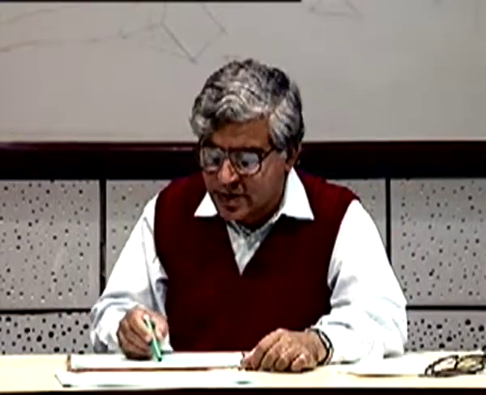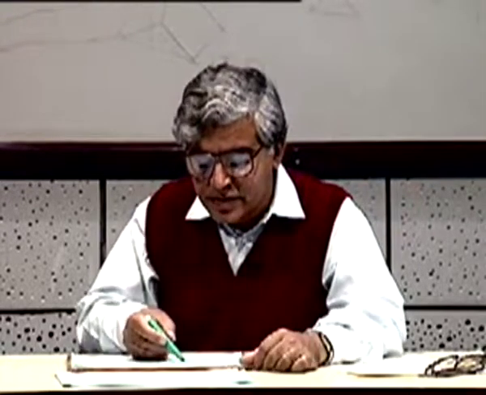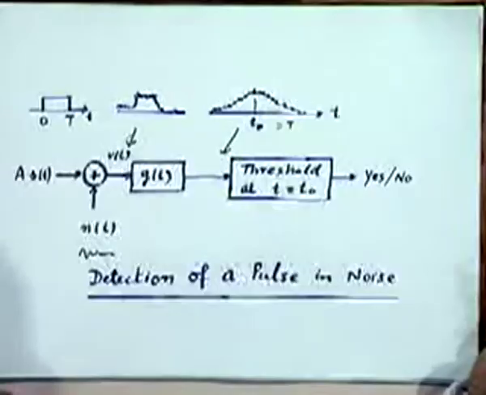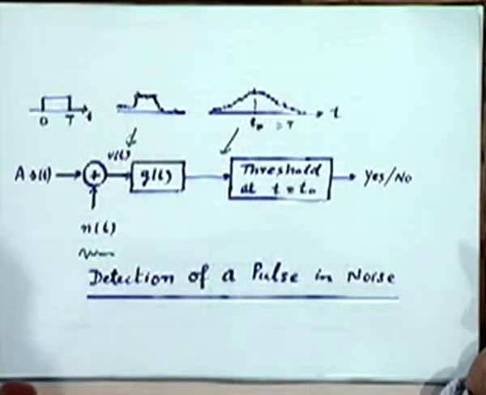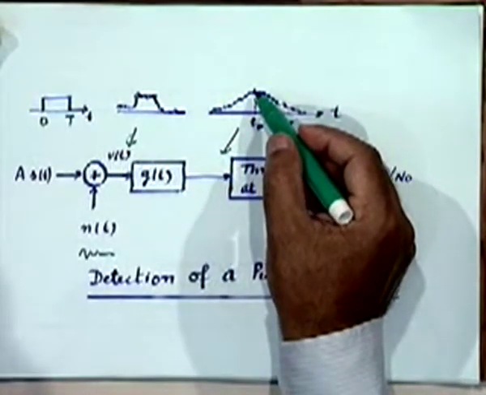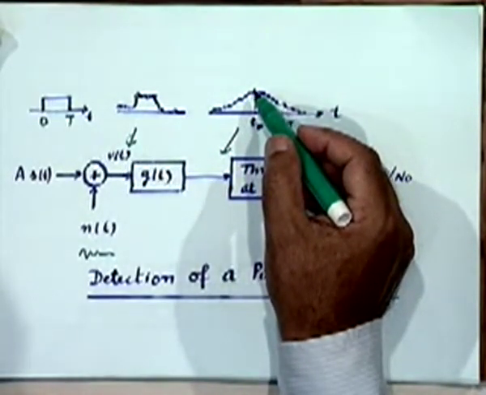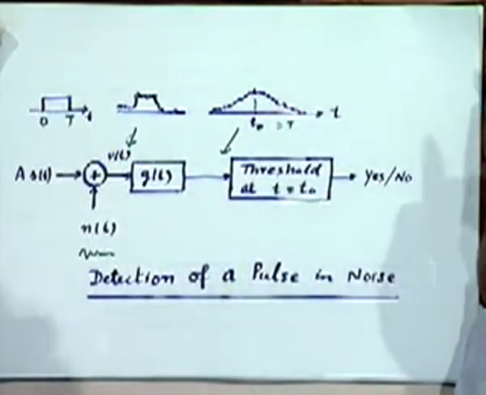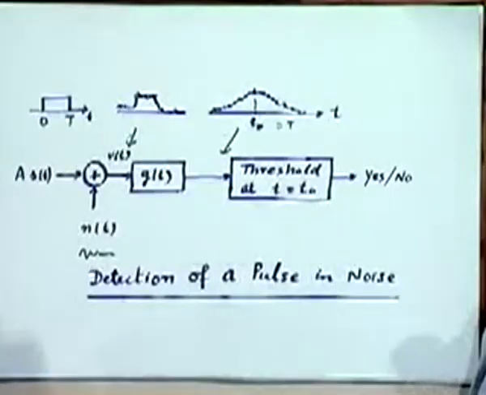This is your input pulse. The output pulse will obviously be a convolution of this, and it's going to be different from the input pulse. That is also not of any concern to us. All we want is to convert this into a value which you are going to obtain by sampling, such that it helps us to make our decision as correctly as possible. Distinguishing between the waveforms we will do later.